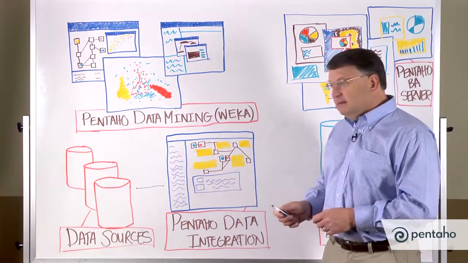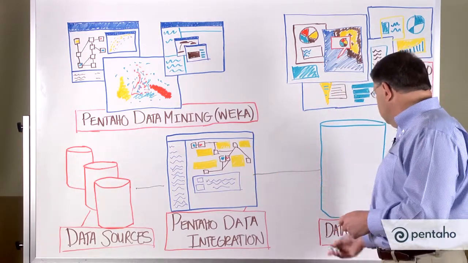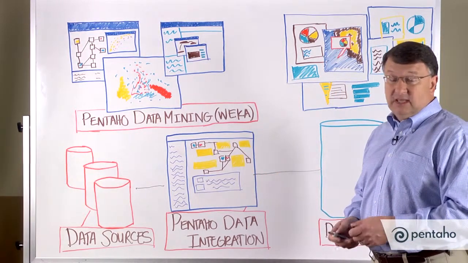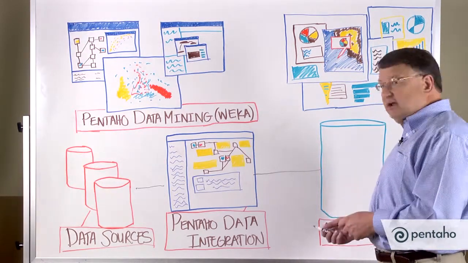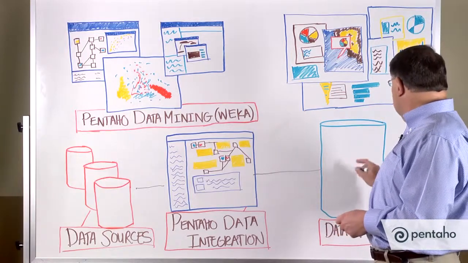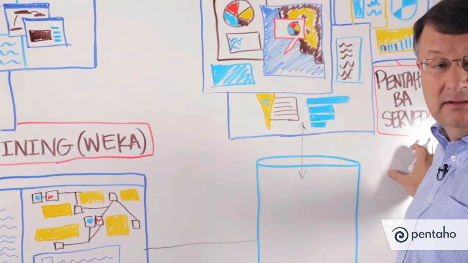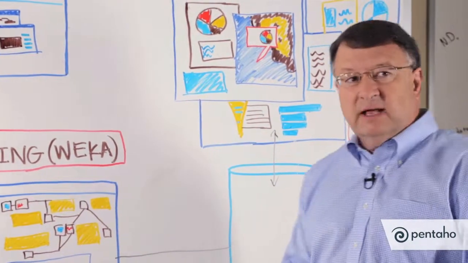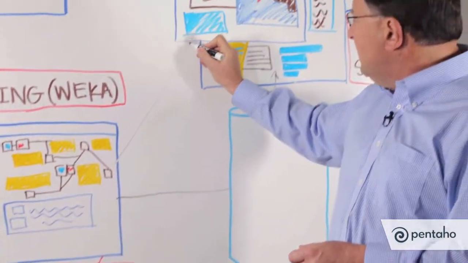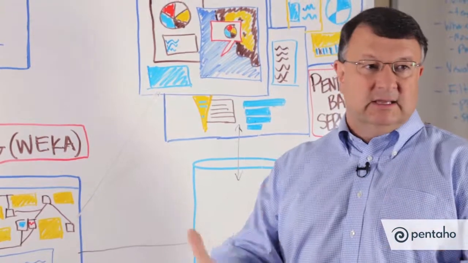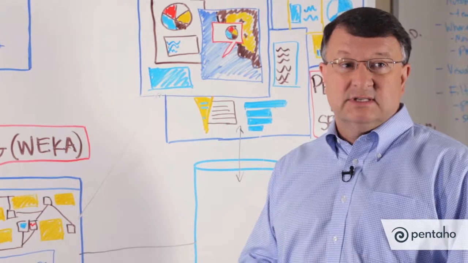Once we've done that, we have two different choices. We can either take that information and load it into a target, perhaps a data warehouse, where we can use it for classic business intelligence. In fact, oftentimes Pentaho's customers are going to read information from a data warehouse directly using the Pentaho Business Analytics server. But because of Pentaho's flexibility, we have the ability to also take that information straight out of Pentaho Data Integration and stream it into the business analytic server and all of its visualization components to get more of a